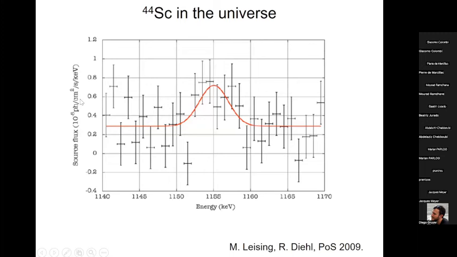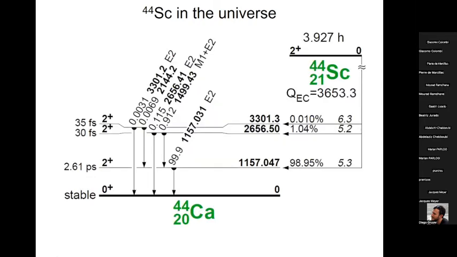Now, here we have a link to nuclear astrophysics, because the scandium-44 line, this 1157 keV line, was detected by the INTEGRAL mission. And from this, one infers the location of titanium-44, which is the mother isotope of scandium. Now, how do they do this? If it were just a positron emitter, you could not localize so well, but nearly all positron emission proceeds via this 1157 keV level,